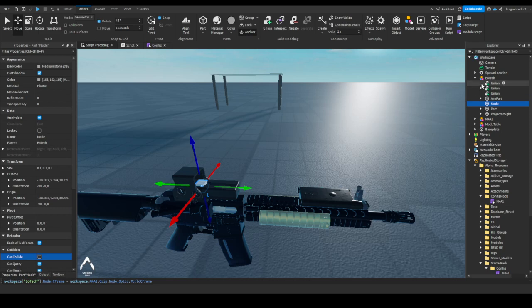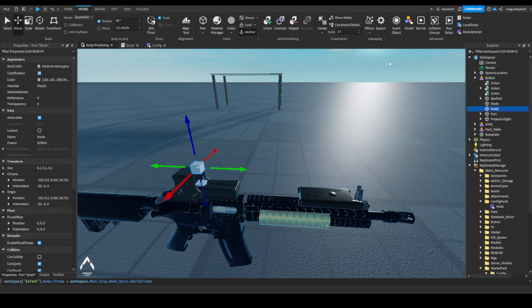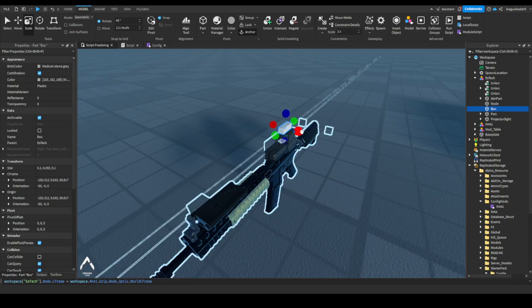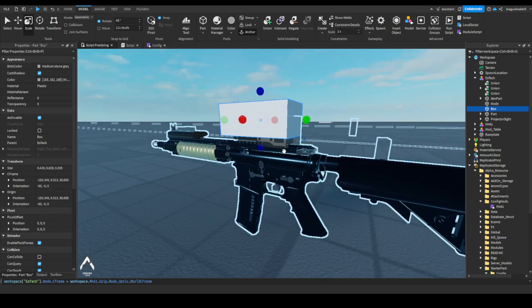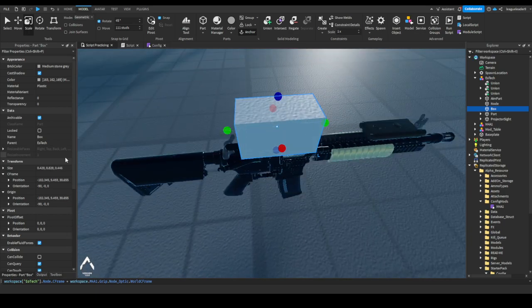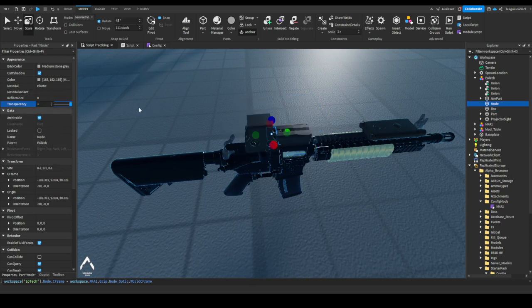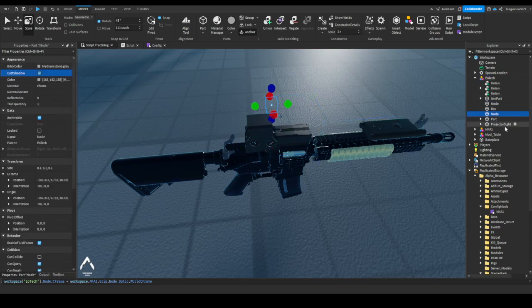Now, the next thing you're going to want to add is copy the node, paste it, and name it box. Now, you're going to cover the whole entire EOTech inside the box, just like that. And then I'm going to change my attachment to transparent. Now, you're going to copy the node again and name that cam underscore node, and you're going to move that